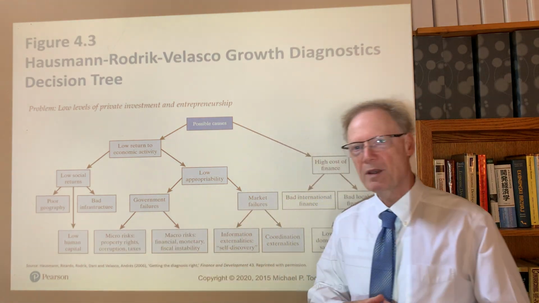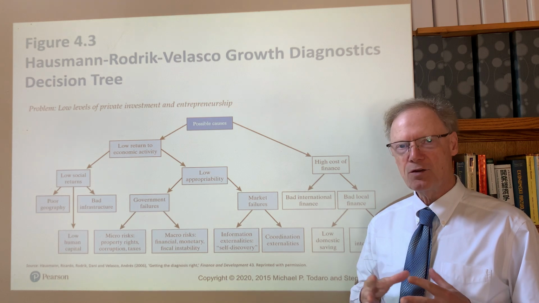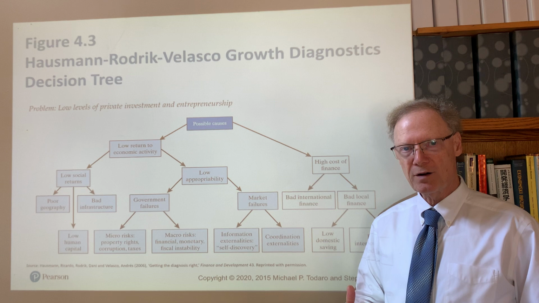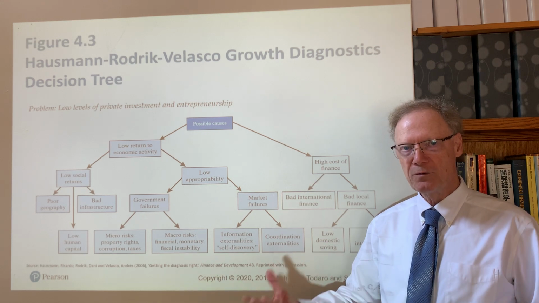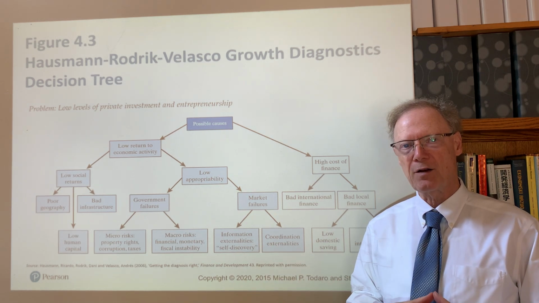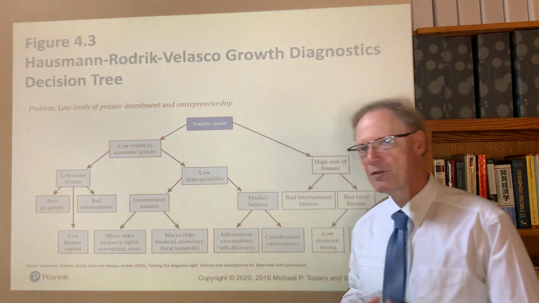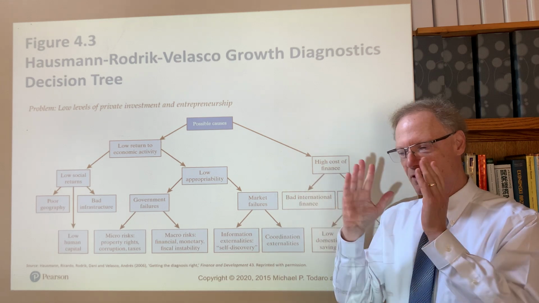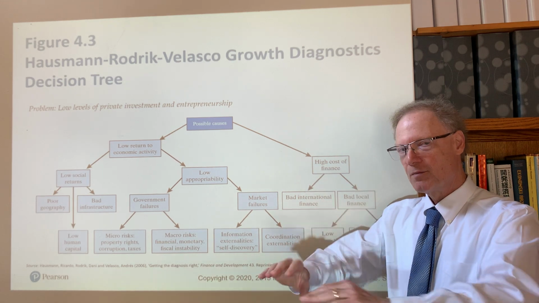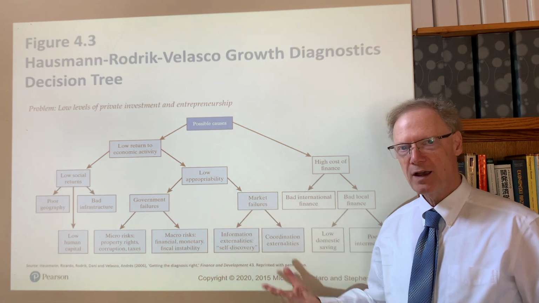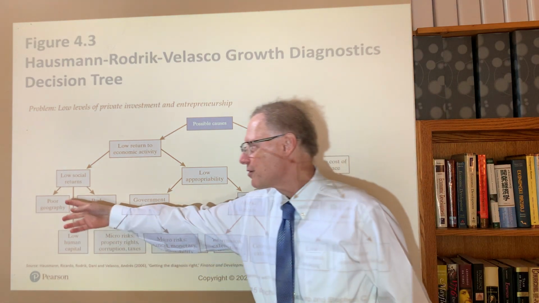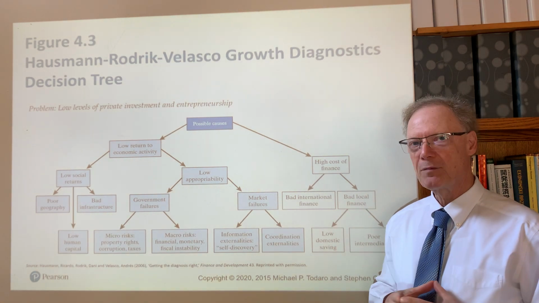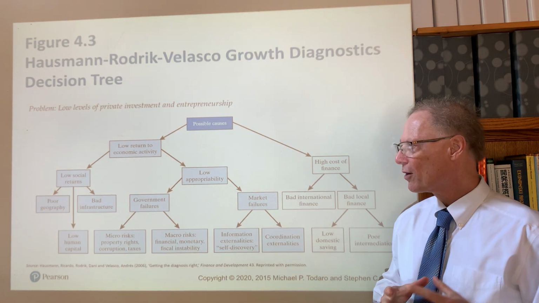Another is low human capital, so that the constraint could be, for example, too little education is getting done. There's a high return on education, but too few, for example, high school graduates are found and available. And then there's bad infrastructure, which could refer to roads from economic activity areas to markets, port facilities for exports, and some other possibilities. These are 3 of the 10 final boxes, if you want. So now we have covered 6. We've got 4 more to go.